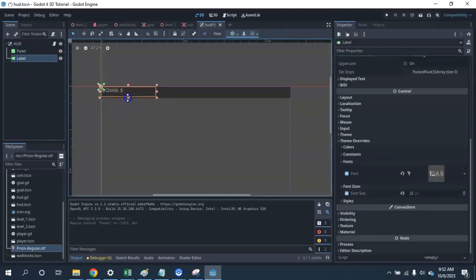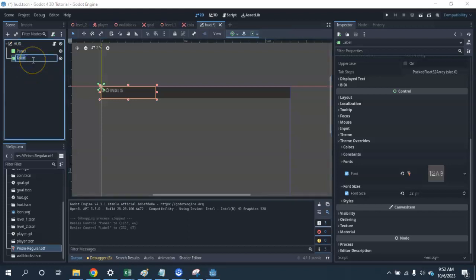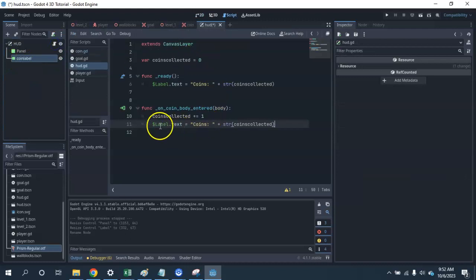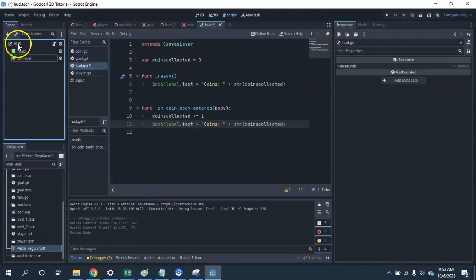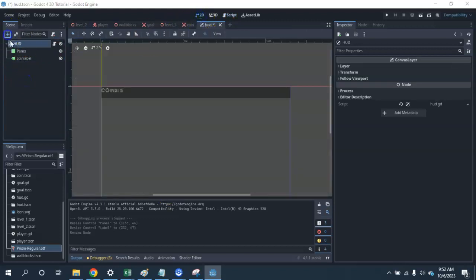Now that I'm going to have two labels though, I may want to name these a little bit better. Which is why it's really valuable to name things properly at the beginning. So I'm going to call this one coin label. And now that I've changed that, I remember, of course, that this label.text is not going to be label.text anymore. It's going to be coin label.text. Just shows you that naming things at the beginning is a great practice. There we go. Now I've got that sorted out